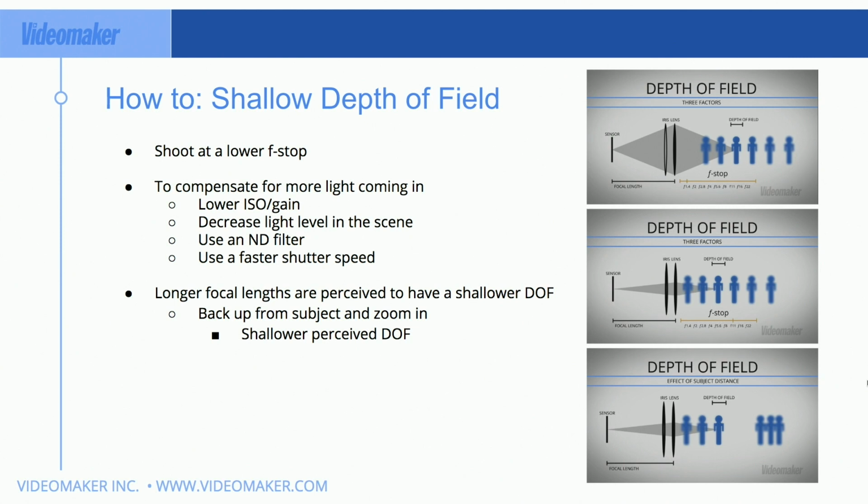In fact, it's enough that if I was shooting myself with it, my eyes would be in focus, but the tip of my nose would not be. So I can get a really shallow depth of field. So that maximum aperture, which is the smallest f number, is going to tell you how shallow you can get your depth of field. Now, you don't need an f1.2. You don't even need f1.8. In fact, f2.8 is still pretty shallow for most situations.